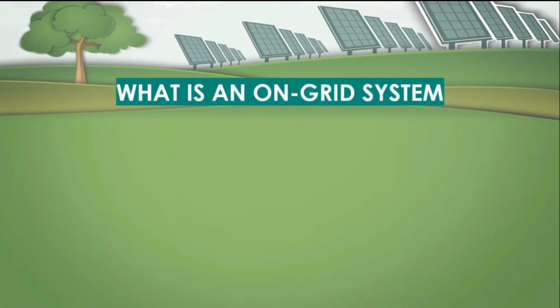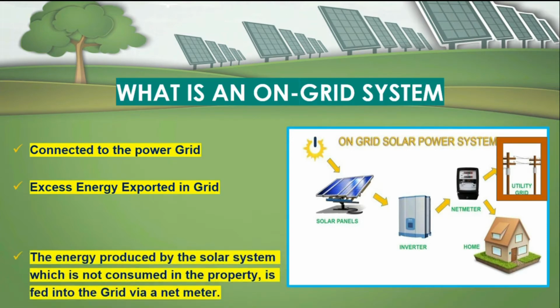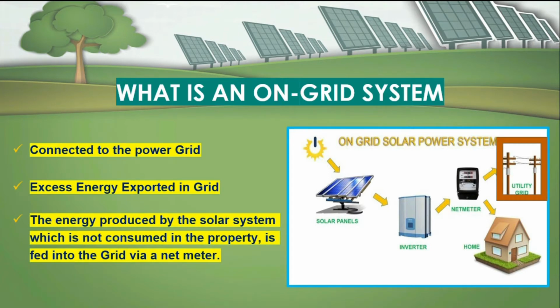What is an on-grid system? This type of solar PV plant is also called grid-connected system because they remain connected to the power grid. In this kind of system, the inverter keeps on communicating with the grid, and whenever there is any excess power which is not getting consumed, it is exported to the grid. Net metering is used for the purpose of record of export units.